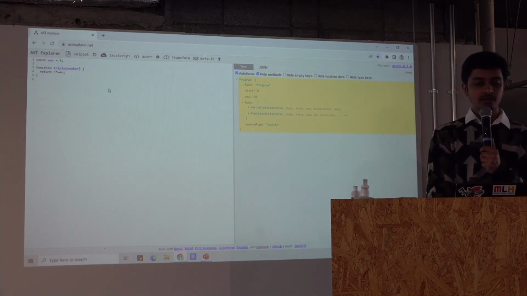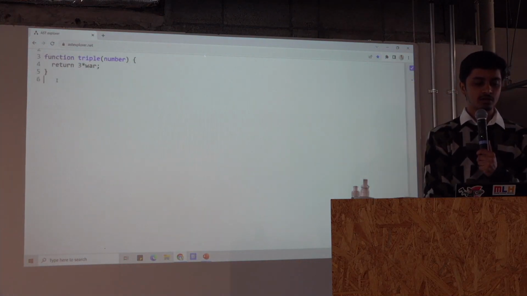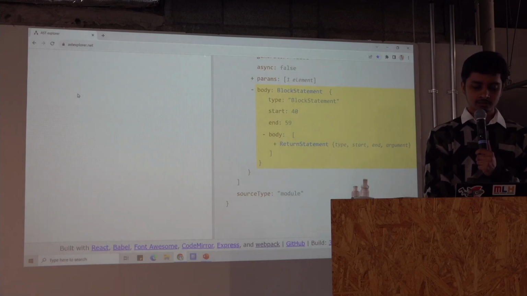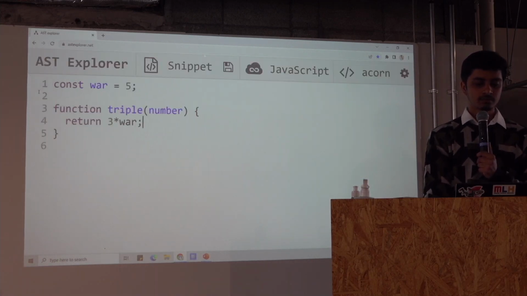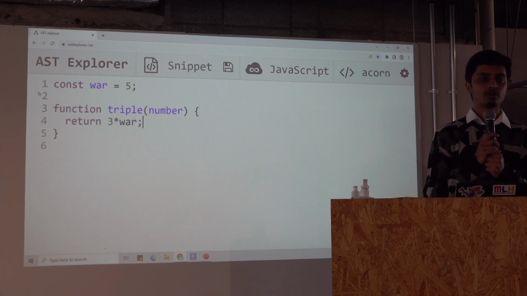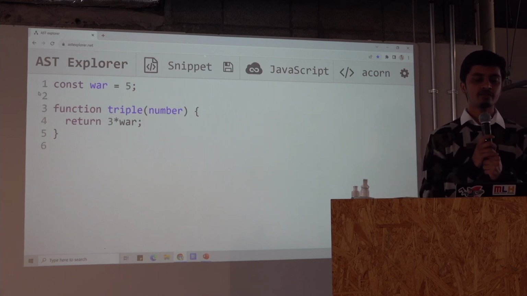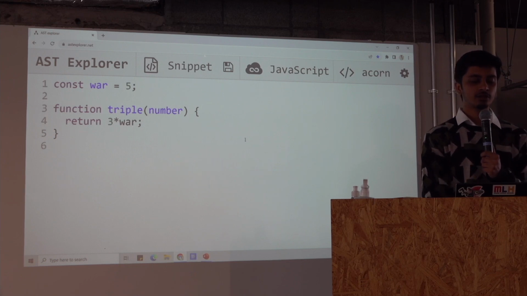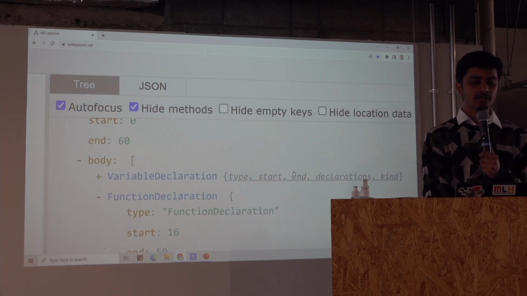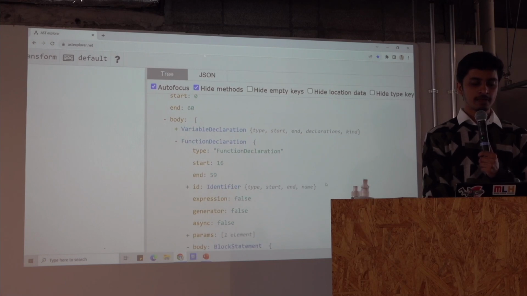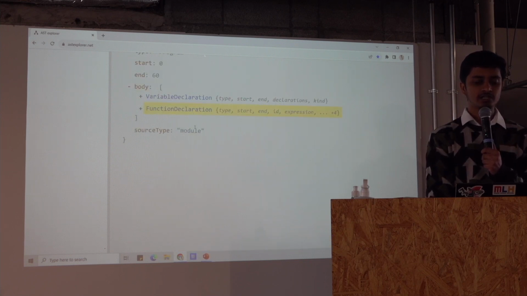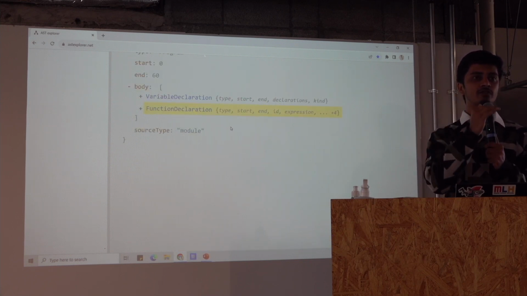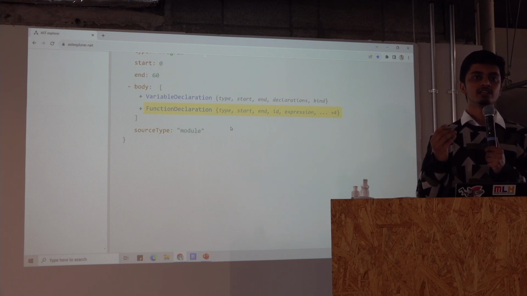So this is the website, and this is the particular code that I have written. Just a moment. So this is a simple const variable that is assigned a value 5, and a function is returning thrice of that particular number. Coming to the right side, you could see this tree section which has this body part wherein you have two different things. One is the variable declaration and the other is the function declaration. So it has basically tried to divide your function into different blocks,